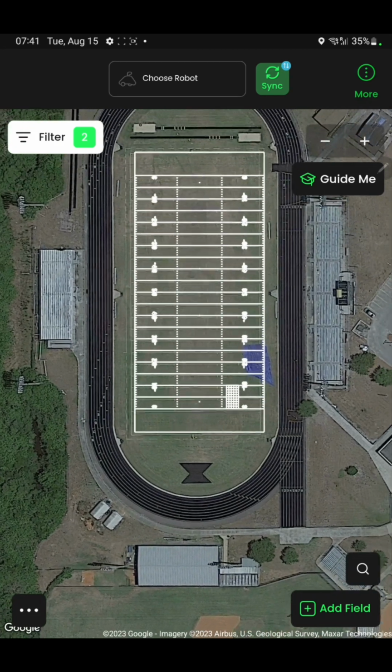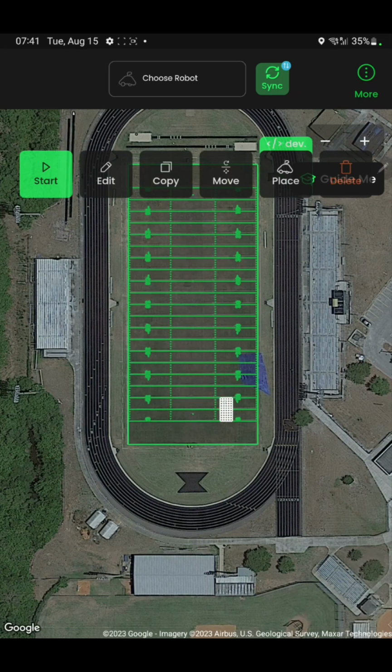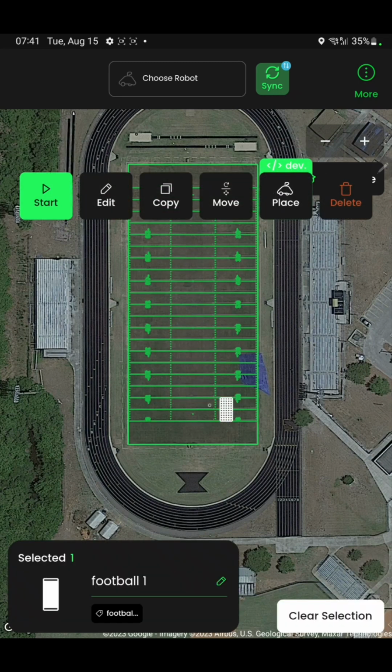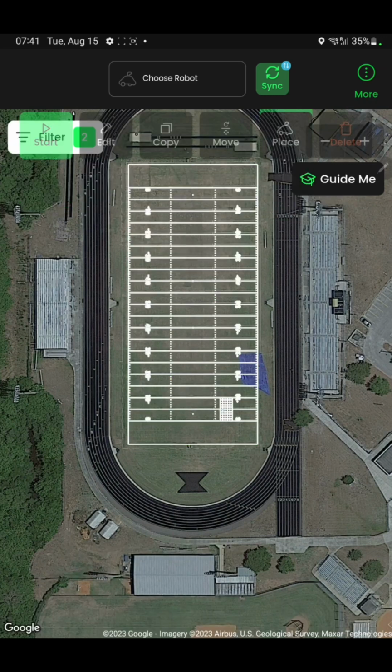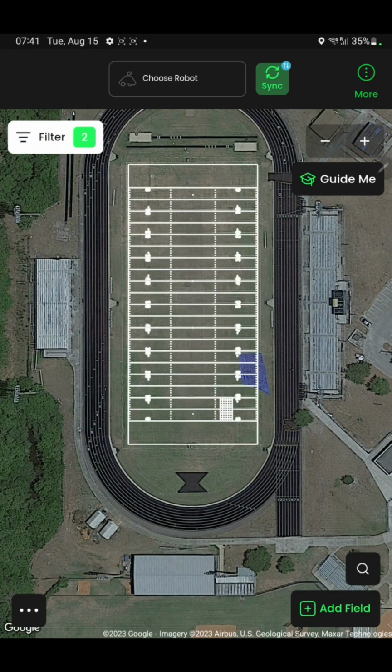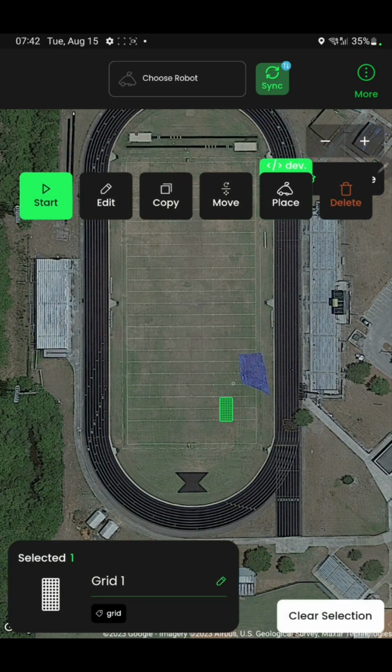So from here on, we want to duplicate this grid. It's still its own plan. So if I highlight it, you see the football field got highlighted, but not the grid. If I tap it again, it's kind of hard. I can't highlight the grid because it's overlapping the football field, which is why it's necessary to add a tag. So where it says filter, tap here, uncheck your football field, click done, so that grid is the only one highlighted. Done. Now we can tap on that grid, we can go to copy,